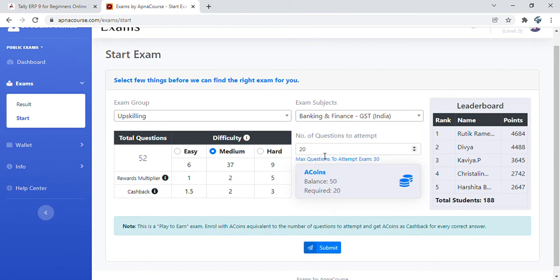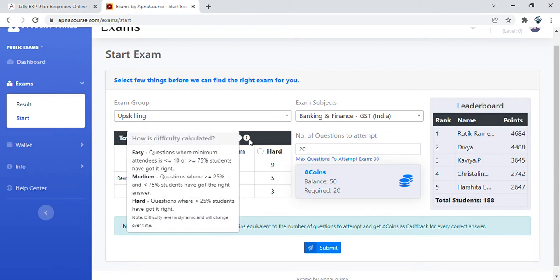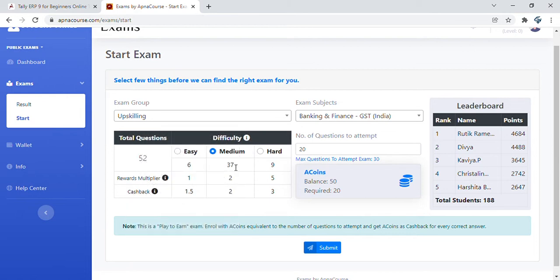So here let's go ahead. You will not see the same numbers because more questions keep getting added, and this is a dynamic algorithm as you see on the screen. What we see now as 37 in medium could change. Some could move into easy, some into hard, etc. So you can choose under which category you want to attempt those 20 questions and get at least 10 of those 20 right.